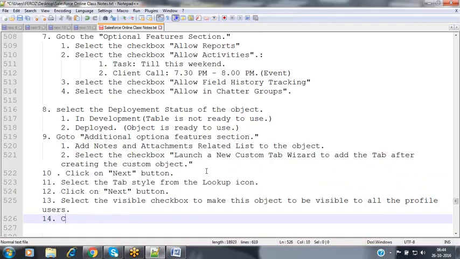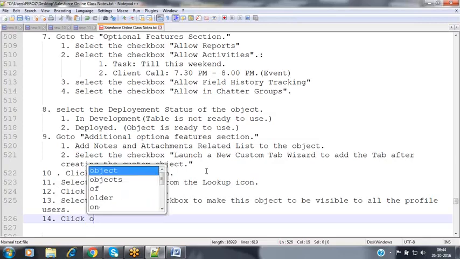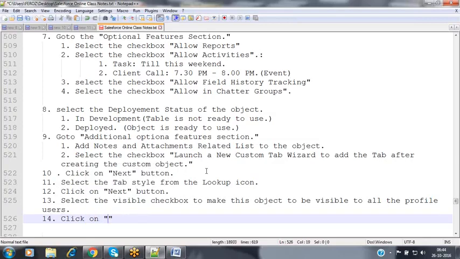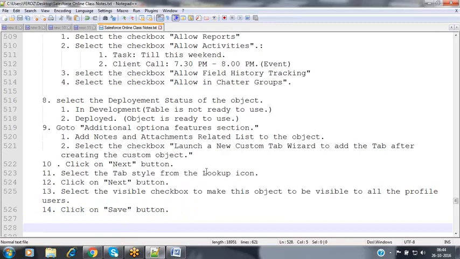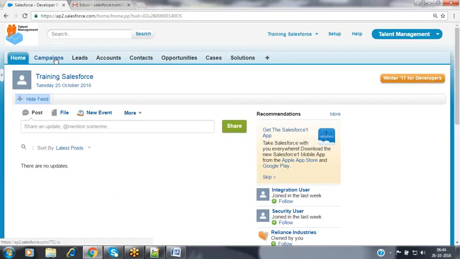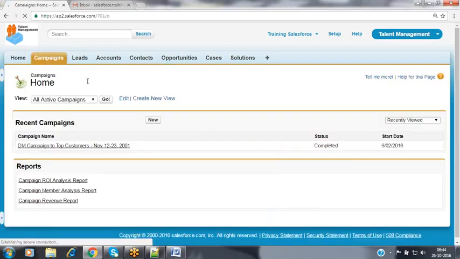And then Firoz asks, is the tab style like the style sheet for the tab? Yeah, the style sheets. For example, when you go to campaigns, it is providing a separate image and a background color.